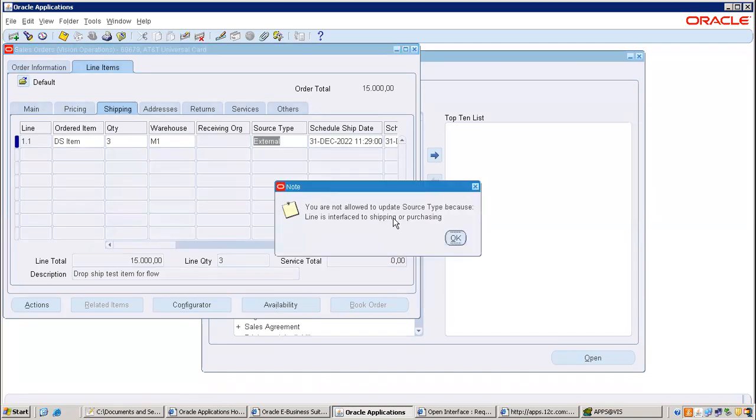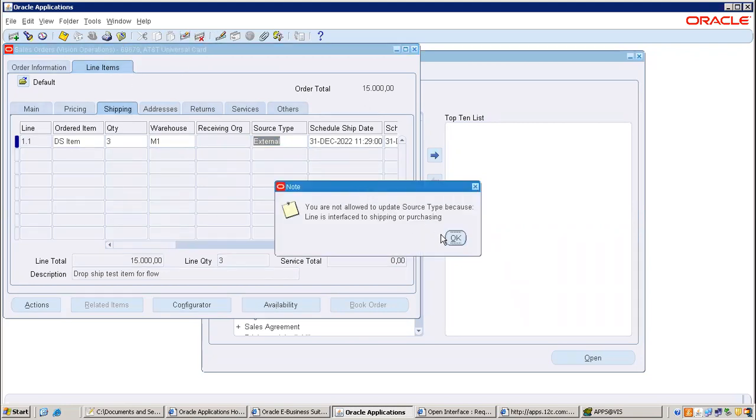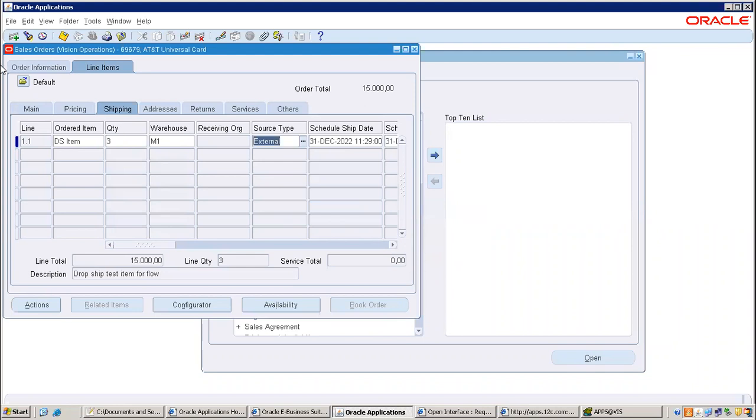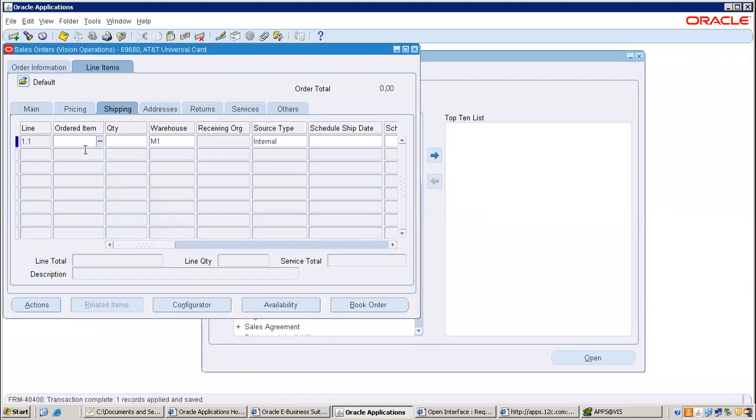It is saying you are not allowed. It's already interfaced to shipping or purchasing, so you cannot do this. You are not allowed at all. Definitely what you have to do is go with a new sales order. So in the flow, if you make a mistake, then again it will have a problem.